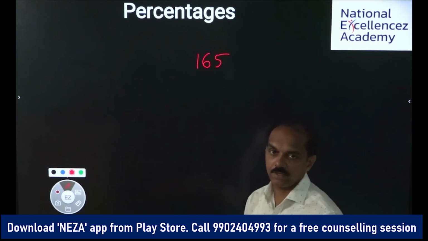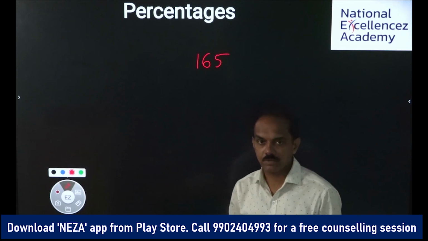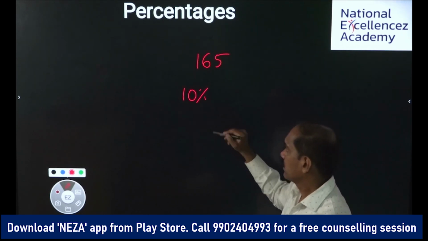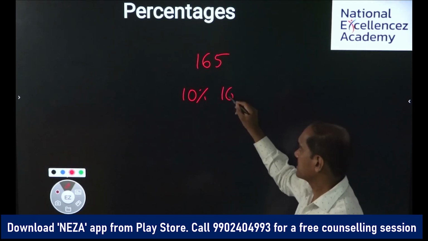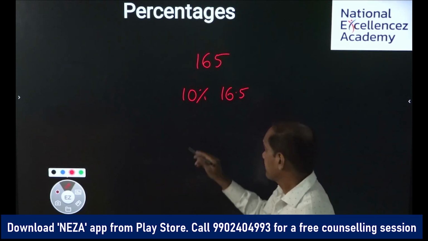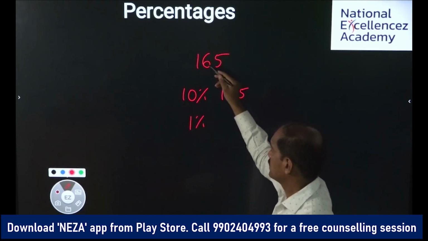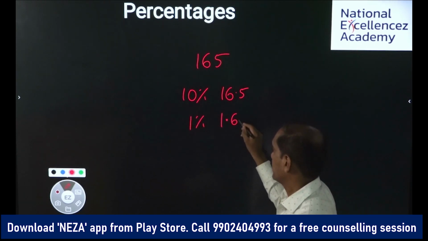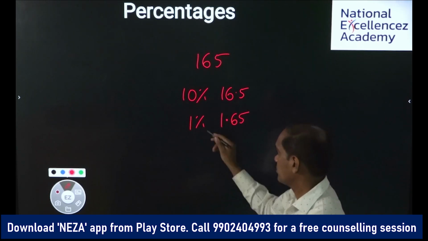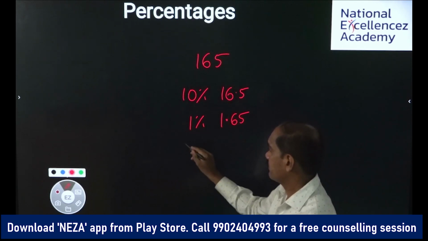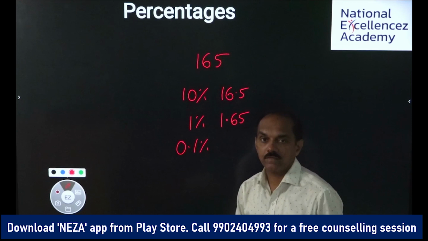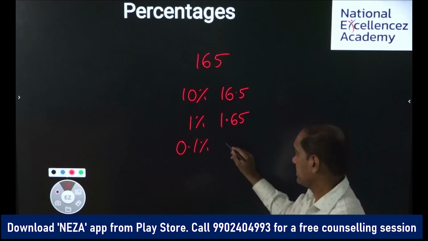Say 165. How to find out 10% quickly? After one digit from the right hand side, if you put the point, it will get you 10%. And after 2 digits from the right hand side, if you put the point, it will get you 1.65, which is 1%. And if you put the point after 3 digits from the right hand side, it will get us